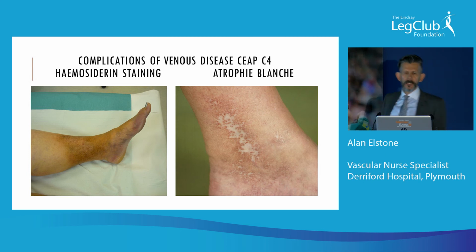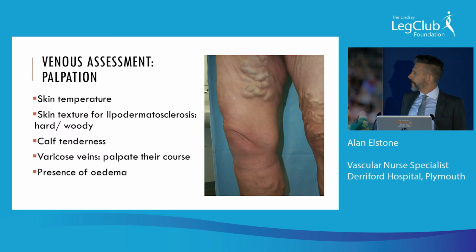That person is moving along that CEAP classification, and we quite commonly see little atrophic white tissue, and if you look very closely, you can see star-like capillaries on there. Again, that's very fragile, pre-ulcerative tissue, which is highly likely to break down unless we step in and do something either conservatively or interventionally. Varicose veins, those poor maligned things that the NHS seems to be a little bit reluctant to do very much about. So from a palpation point of view, looking at the skin temperature,